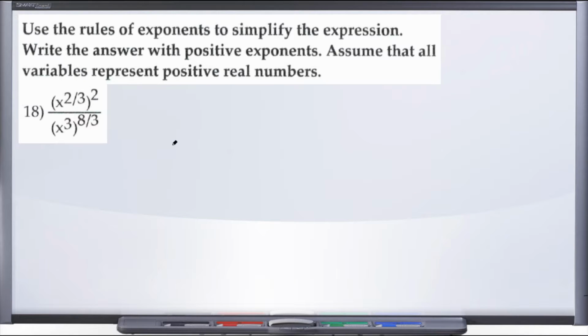All right, so with number 18 here, we are still in the same section where we are using the rules of exponents to simplify. We are writing our final answer with positive exponents, and we're told to assume that all variables represent positive real numbers. So we've been given x to the 2/3 raised to the second power over x cubed raised to the 8/3